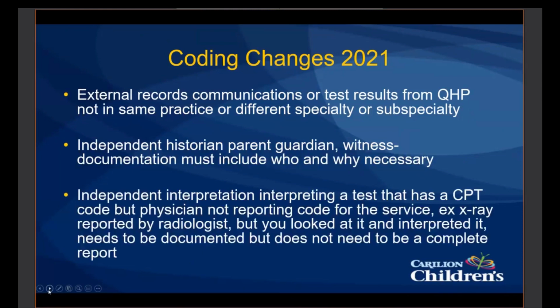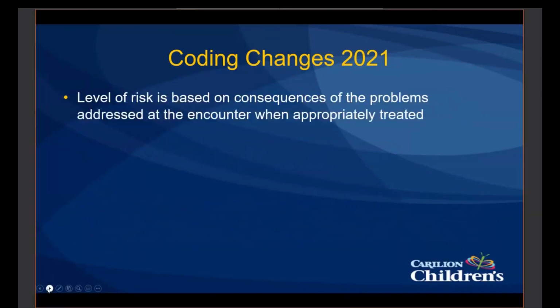Okay. So the level of risk is based on the consequences of the problem that you're addressing at each encounter. So the start of the illness or functional impairment that is expected to be of substantial duration. And then social determinants of health, such as if you address food or housing insecurity. It can also be something that you wanted to do for the patient. For example, you wanted to prescribe a certain medication, but because the patient doesn't have insurance and cannot afford it, you prescribed an alternative. But that has to reflect in your documentation. And then drug therapy requiring monitoring for toxicity. These are all level 5. Okay, so